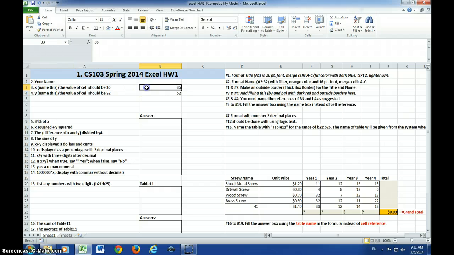But we want to name that B3 in this case as X. So what you can do is move your cursor into the address area, click it, highlight it, and then type X. And as I said in the class, you had better just hit enter